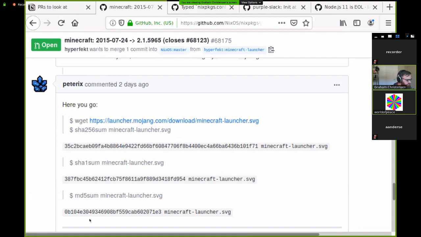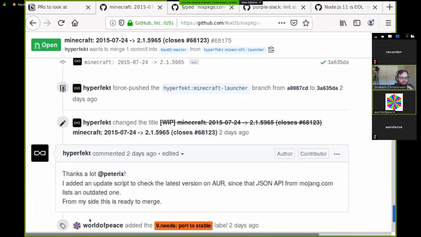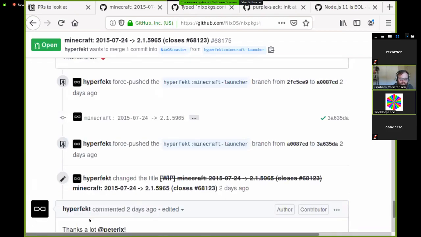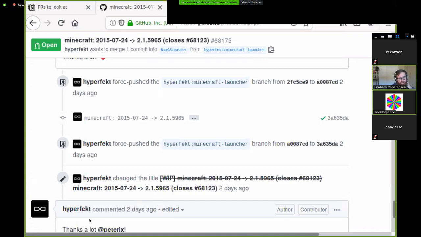If they're in a situation where something isn't ready to merge, but they still want to use it, how do you go about doing that? You know, I think you actually demonstrated that earlier, World of Peace. Are you able to screen share again? I think so. And actually, the best thing to do here would be to use a fork. Yeah. Are you able to demonstrate that? Yeah, sure. But if you want to just build the change in NixEnv, I can show how to do that. Let me get the pull request link and then I'll share. Sure.